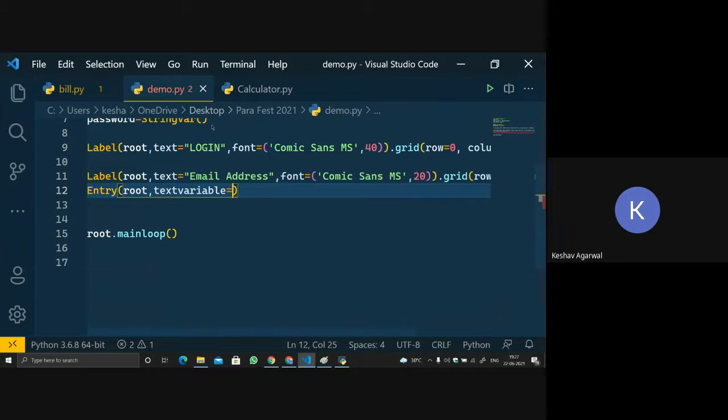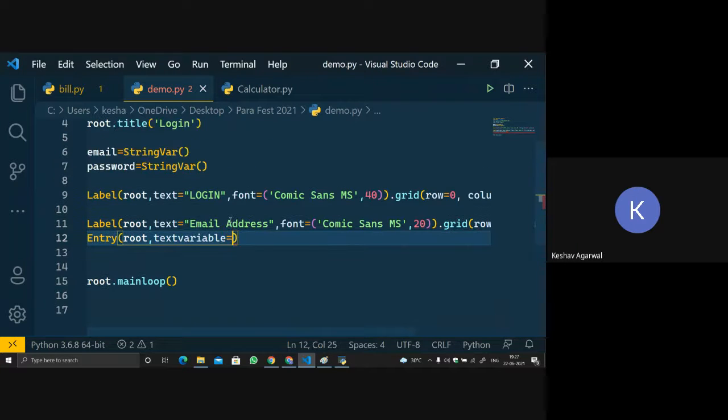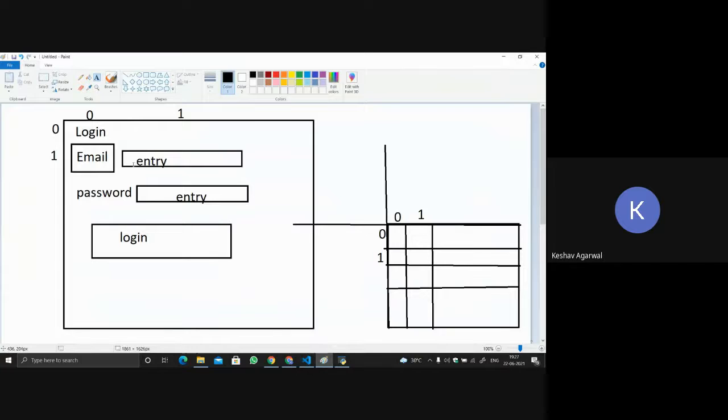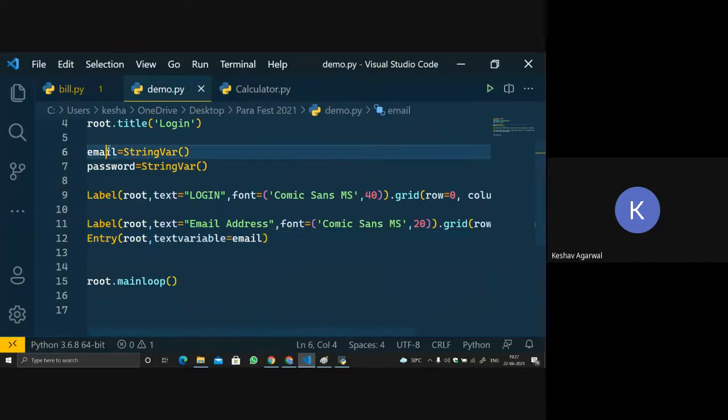It will store the value of entry inside this variable. We have initialized email, so we will write email over here. Whatever we enter inside the entry will be copied into this variable email. Is it clear?